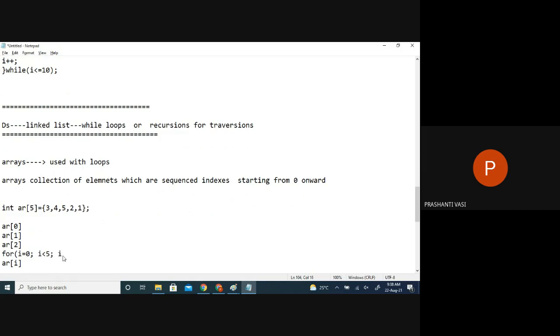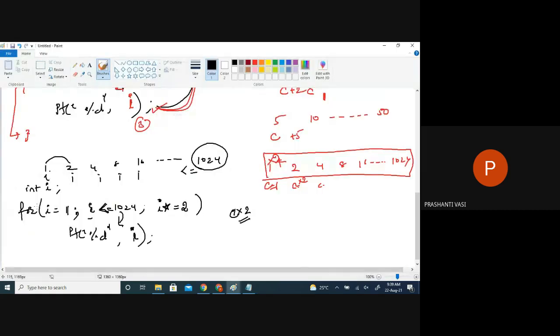So we are using i to represent the index of an array, so that I can just say I want to print the values found inside the array. An array is a continuous block, the name of a block in which cells are represented with specific indexes. Whenever we declare an array, we give a size, by which we get a continuous block of memory. So it's just a block of memory that is created.